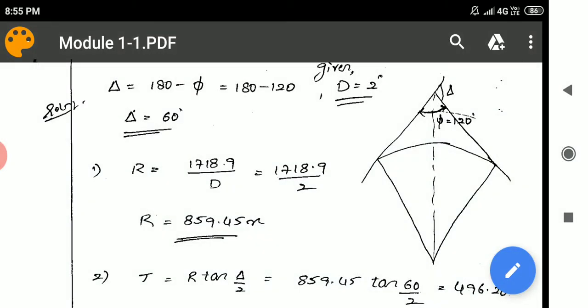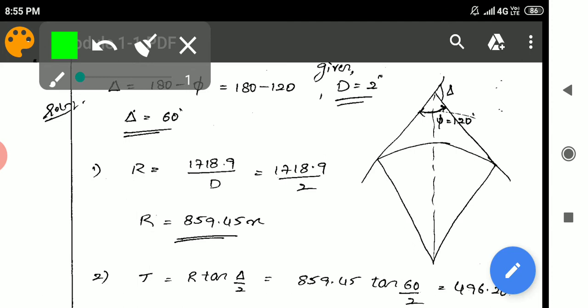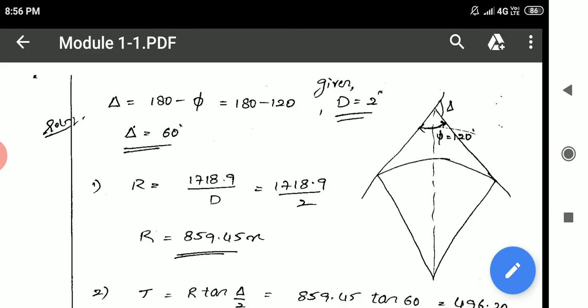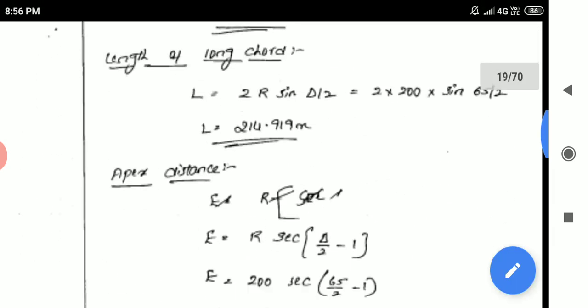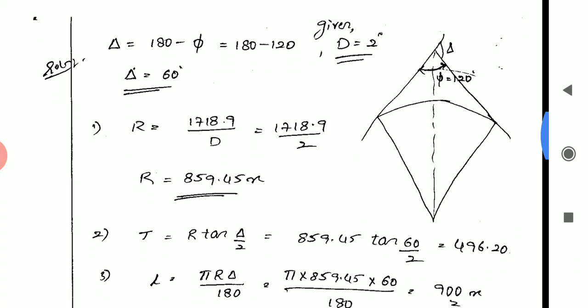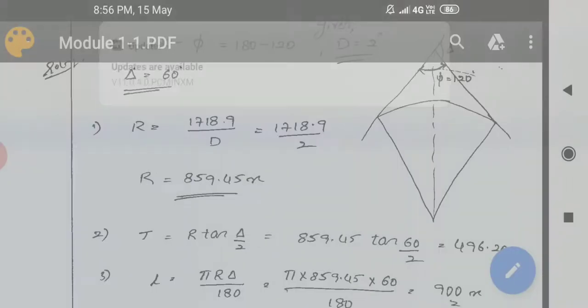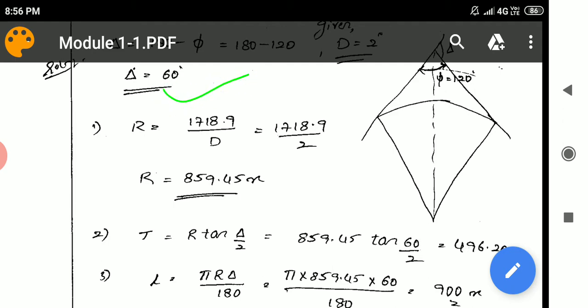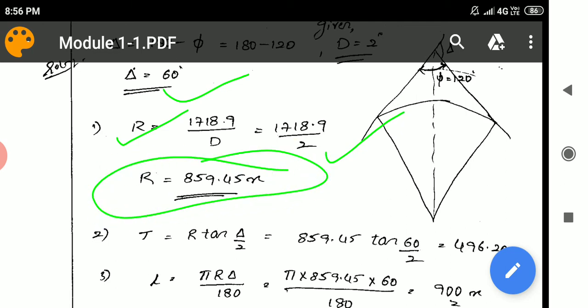See here, delta equal to total, it is 180 degree minus this 120. So I will get 180 minus 120, which is nothing but 60 degree, that is delta. Okay, first the R formula is like this. I will put the R formula, and D is a 2 degree curve. So I will get the R value, and also